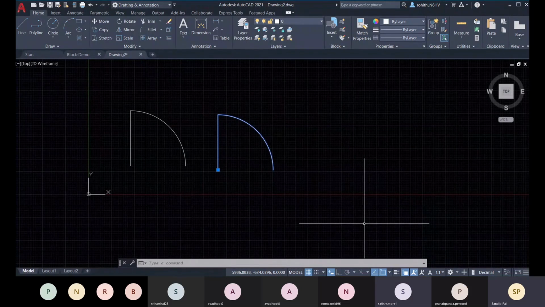And actual length is 1200 mm. So the simple is 900 by 1200. So the scale factor is 0.75. Is that okay? Did you get it? I get it, sir.